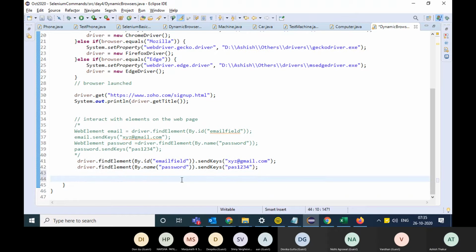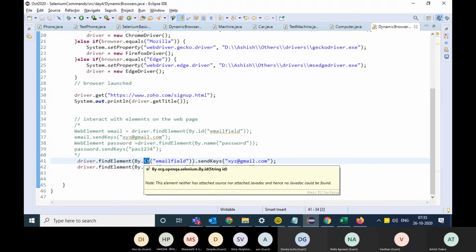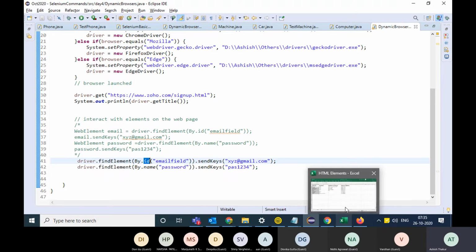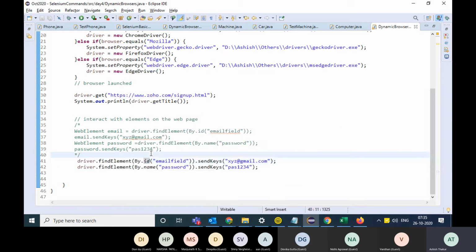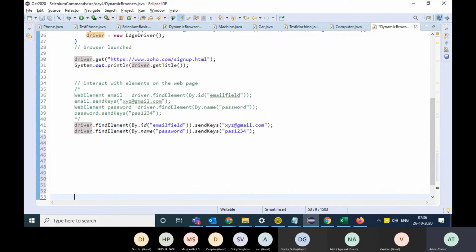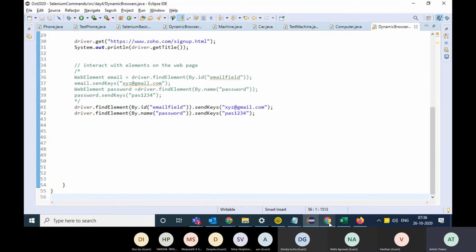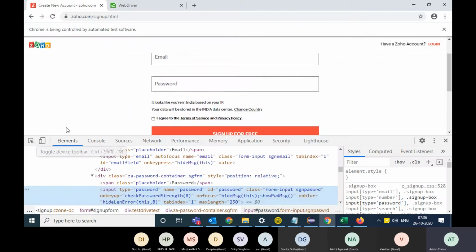Okay. Now this is the easiest way to identify the element if the element has an ID or a name. There is another criteria which I had told you, class. Now, first of all, you need to understand what this class is. And if you understand the class attribute, it will help you further in understanding CSS selectors and all that stuff. Class is the CSS class. CSS means something which gives look and feel to the element on the web page.